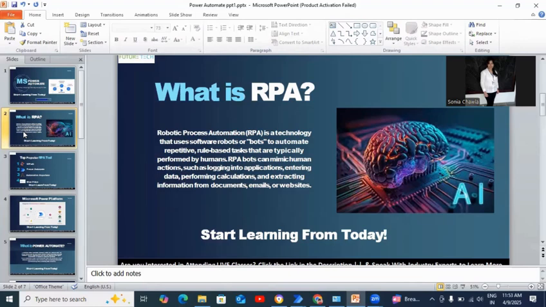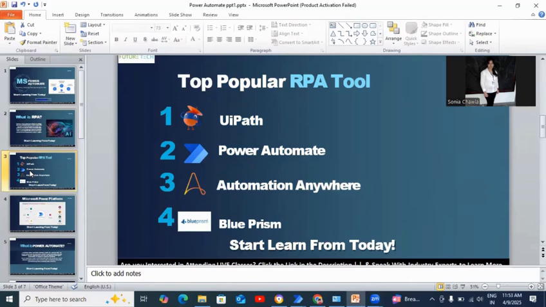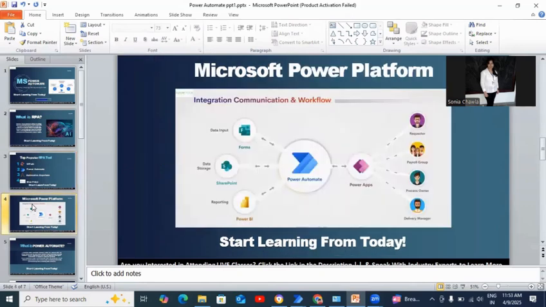RPA bots can mimic human actions such as logging into applications, entering data, performing calculations, and extracting information from documents, emails, or websites. In a simple way, we can say that RPA automates repetitive, rule-based tasks, and the tools mostly preferred for RPA are UiPath, Power Automate, Automation Anywhere, and Blue Prism. Today, I'm exploring Microsoft Power Automate. So this is Power Automate integration, communication, and workflow.